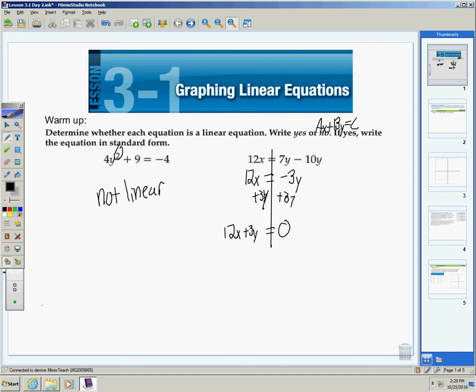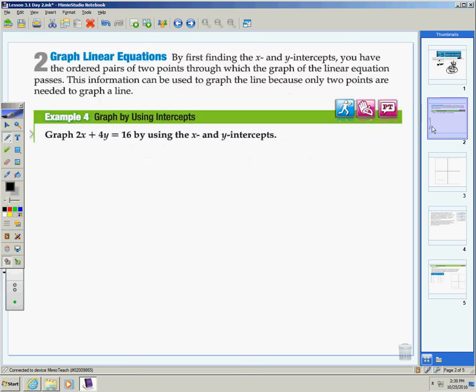I would accept this answer, but technically you're not supposed to have a common factor other than 1, so you should divide each side by 3 because all of these can be divided by 3, and you'd have 4x plus y equals 0. Either of these answers would be fine with me, but it's probably this first one that most of you would have. So today we're going to be talking about graphing with x and y intercepts,